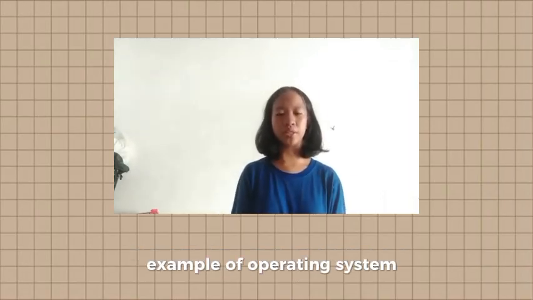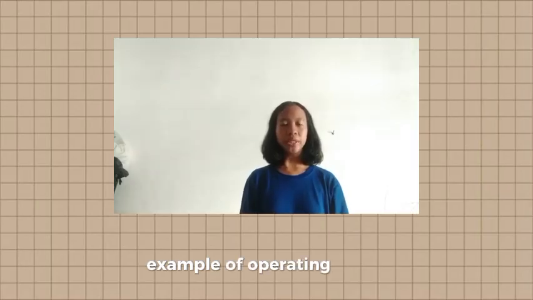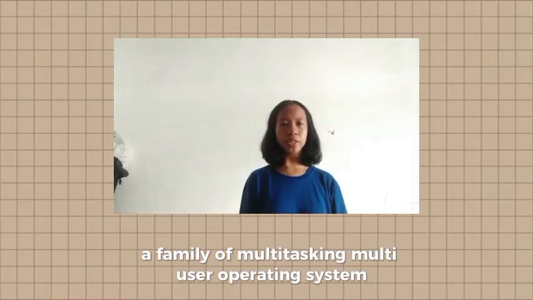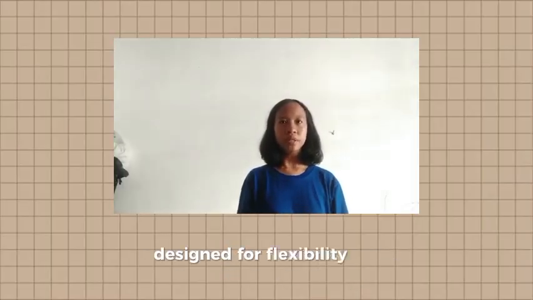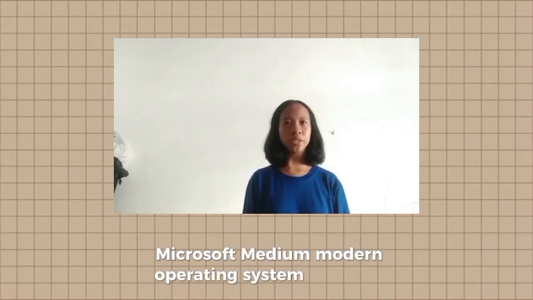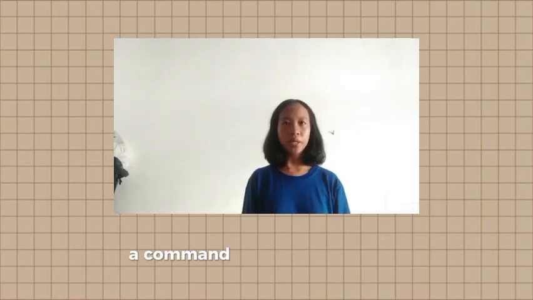Examples of operating systems. A. The Unix operating system, a family of multitasking, multi-user operating systems designed for flexibility and efficiency. B. Macintosh, macOS, a modern operating system for Apple Macintosh computers. C. MS-DOS, Microsoft Disk Operating System, a command line operating system for